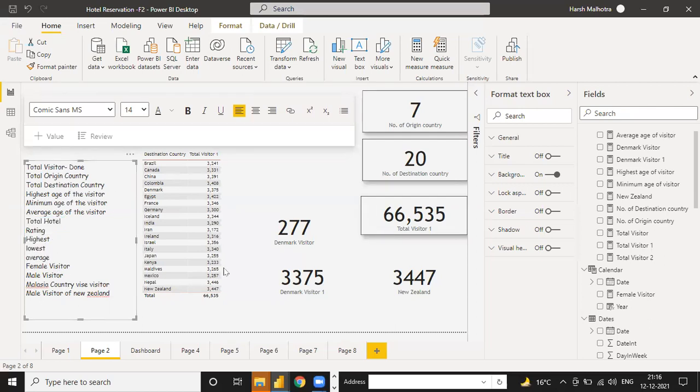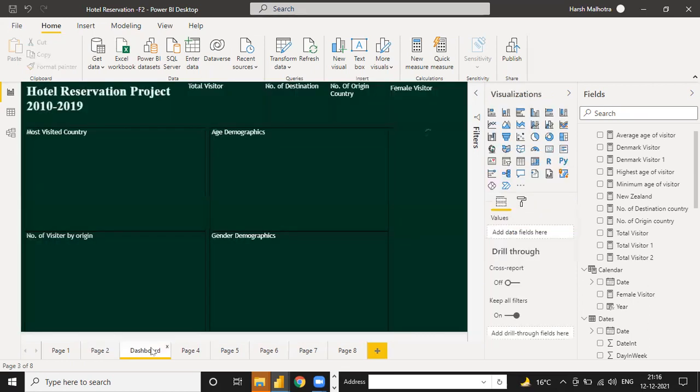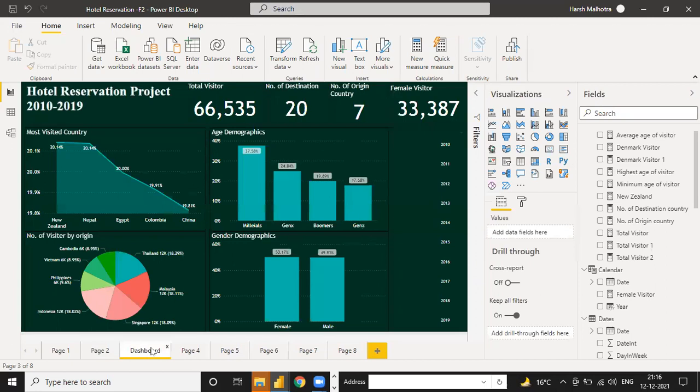So you have to complete this project, and then when you complete, after that one more session for this project, like hotel reservation, we have to calculate some advanced functions on this, and then we have to complete this project in the next class.